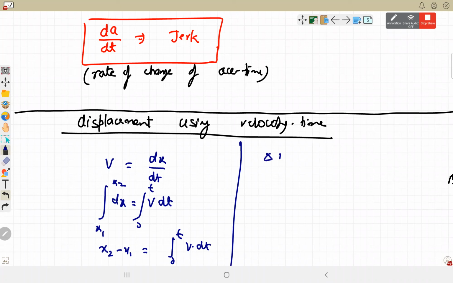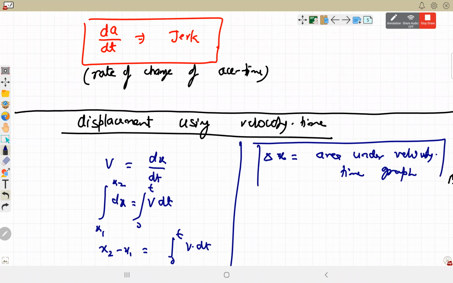So जब भी हम किसी भी velocity time graph के अंदर का area निकालेंगे, that area will be equal to displacement. When we have to calculate distance, उसमें जितने भी graph है, जितने भी areas है, whether above the x-axis or below the x-axis, we'll take all to be positive. Area under a velocity time graph gives displacement. So if a velocity time graph is given and we have to find displacement, we will not calculate slope, we will calculate area, and that area will be the displacement.